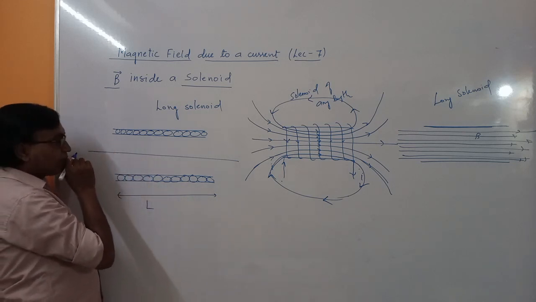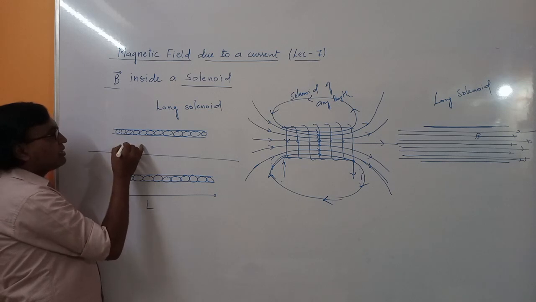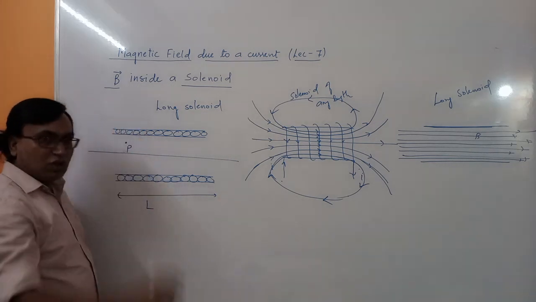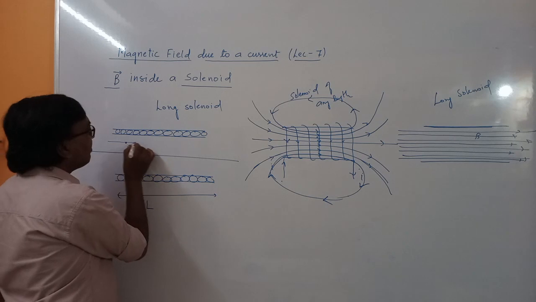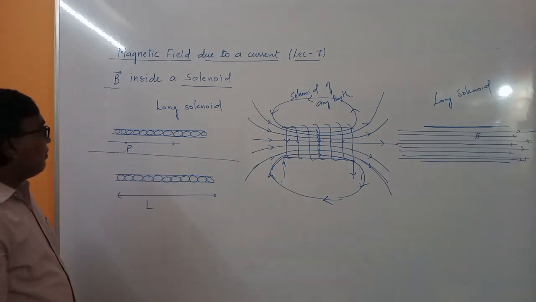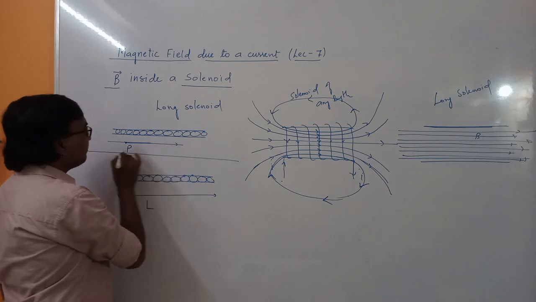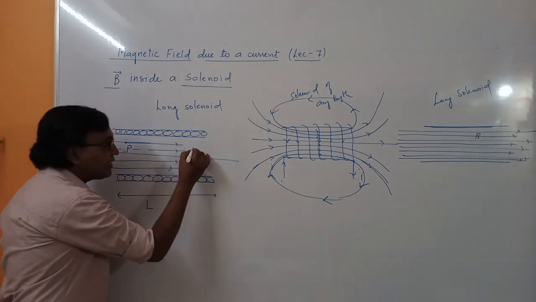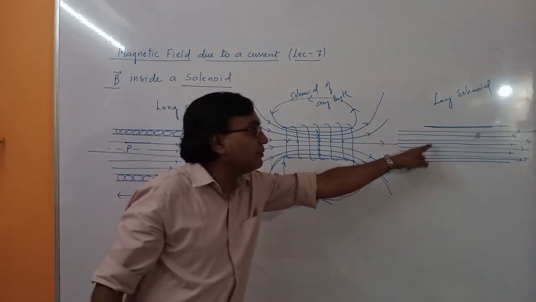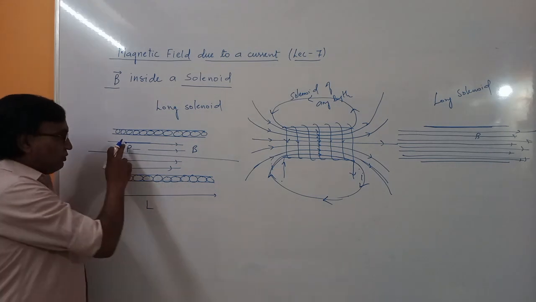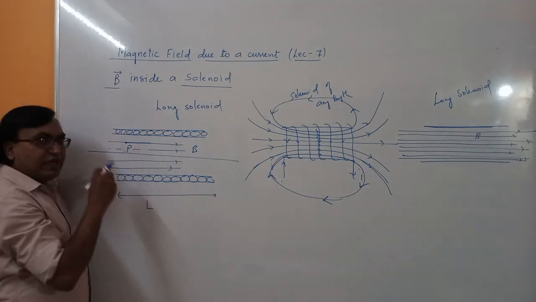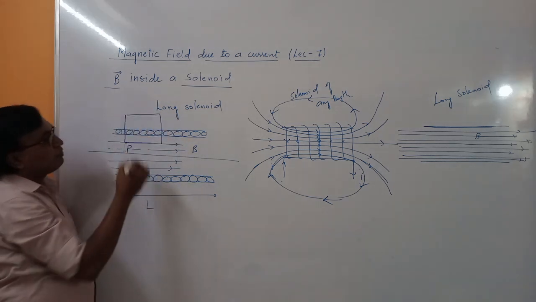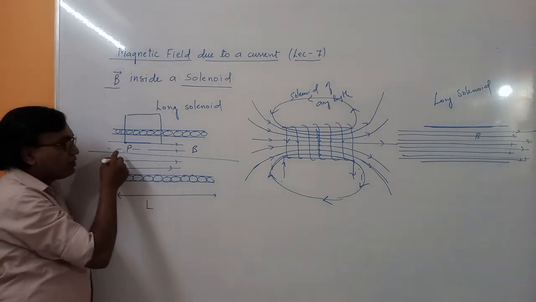So here we will take a point P. Let us say this is point P. Now this solenoid is a long solenoid, so magnetic field here will be along this direction. Now we want to find out magnetic field at a point P which is inside the solenoid. This is the direction of magnetic field inside a long solenoid. Fine. So now we are applying Ampere's law. We will take a loop passing through point P. Let us take a rectangular loop. This is a loop, and this is point P. We have to find out the magnetic field here.